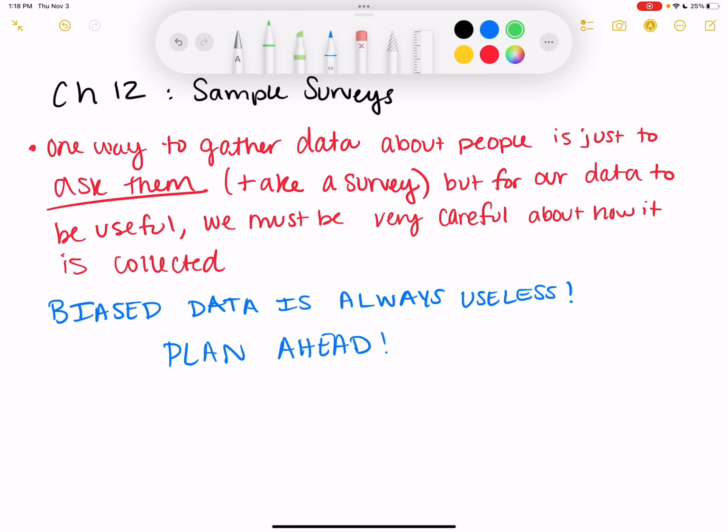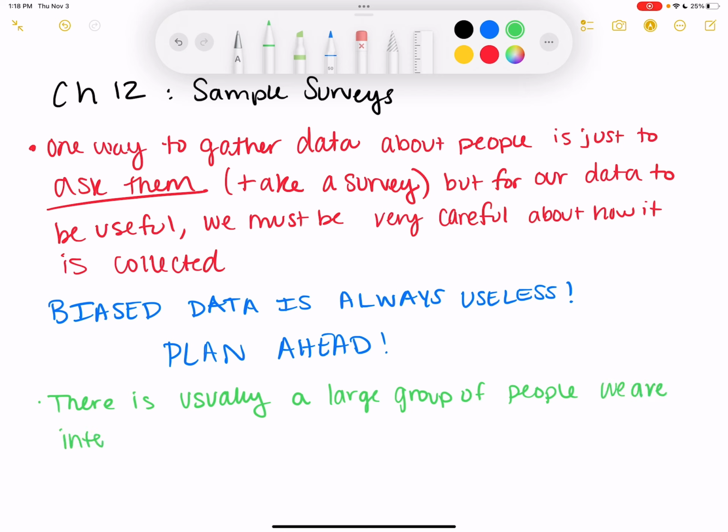There's usually a large group of people we are interested in, also known as our population.